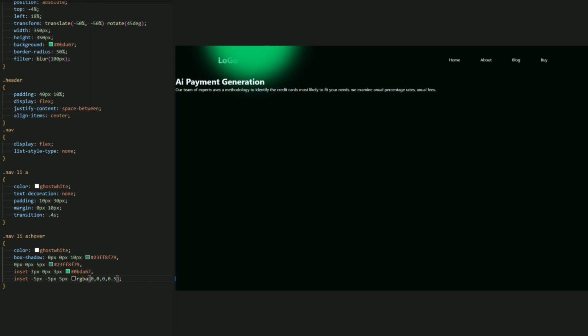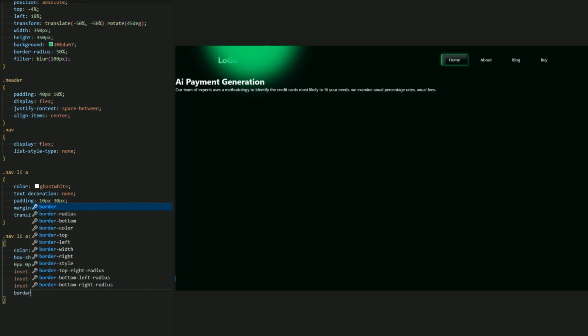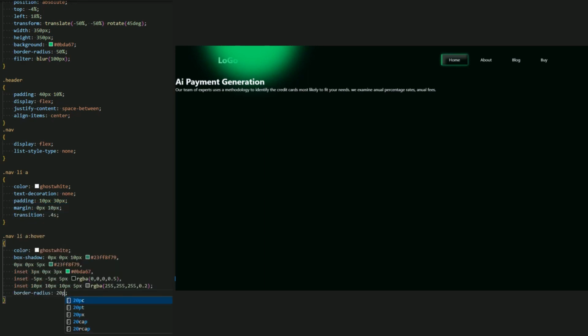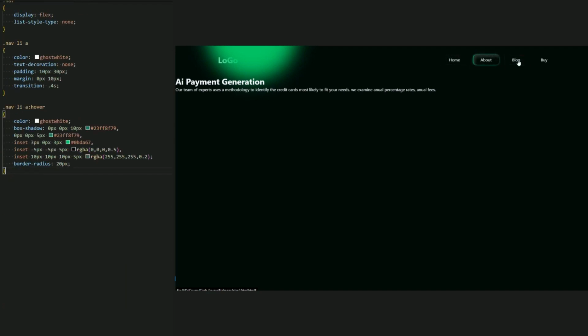Okay, and the last inset: 10 pixel, 10 pixel, 10 pixel, 5 pixel, RGB, 20%. Okay, here we go. This is our box shadow. And now for the border radius, just add 20 pixel to add a border radius when a user hovers over it. Here we go. The same box shadow we used in part 2.